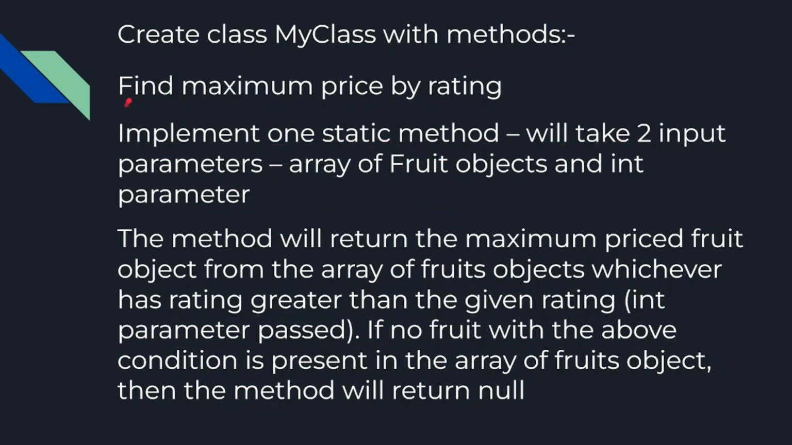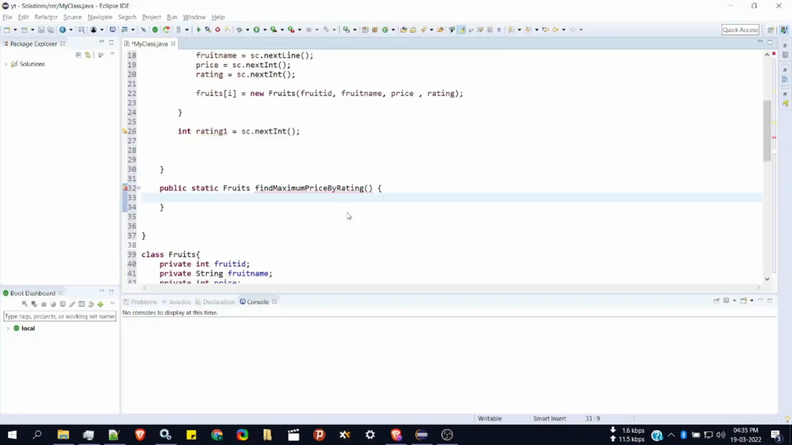You can see here find maximum price by rating, and it will take 2 inputs. First input will be fruit object array. So I'll write fruits, then I'll name it as fruits, then another input is rating. So I'll write int rating. It is giving error because we are not returning anything, but we have specified we will return